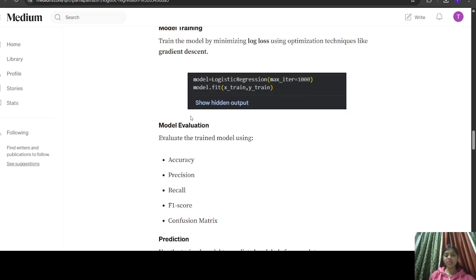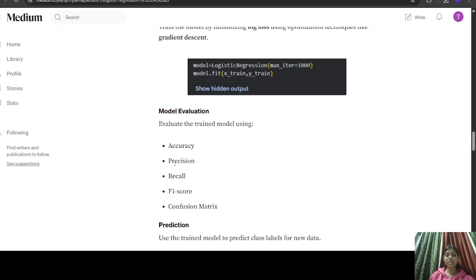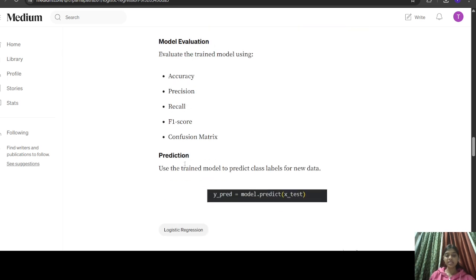Then comes the model evaluation. For evaluation of the model, we evaluate under a few categories like accuracy, precision, recall, and F1 score, and all of this comes under the confusion matrix. Then prediction is performed. Use the trained model to predict class labels for new data. So this is the code for